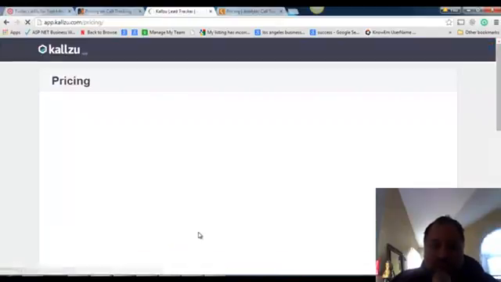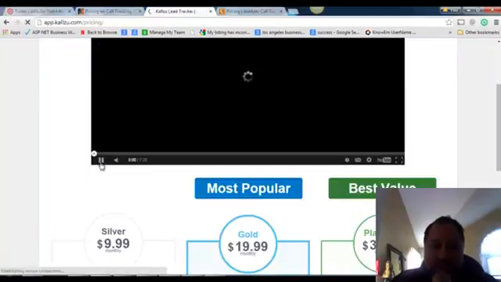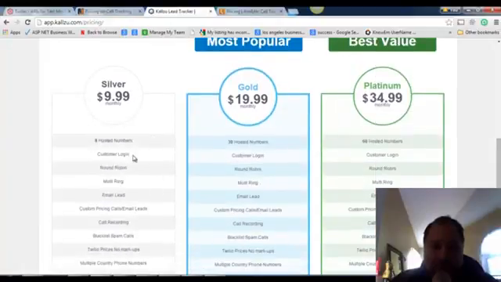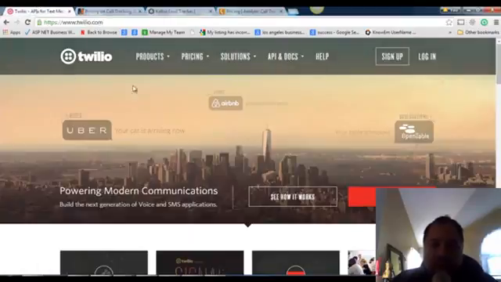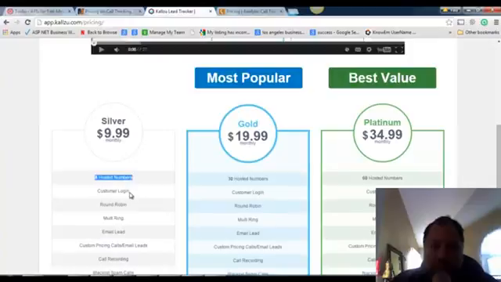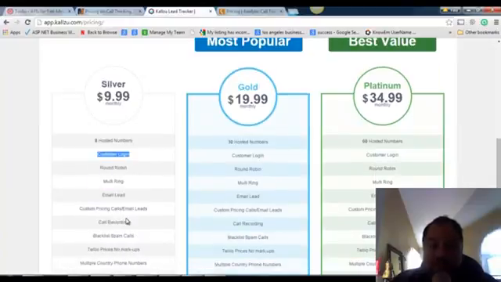They do charge monthly. So if you're a small business, it's $10 a month, and they will host 8 numbers. Okay, so you still got to buy them from Twilio. So if you have 8 numbers, it's going to cost you $8 from Twilio and then $10 from Qzx, but they do a lot. Okay, you get customer login, they'll record the calls, and what I really like about them